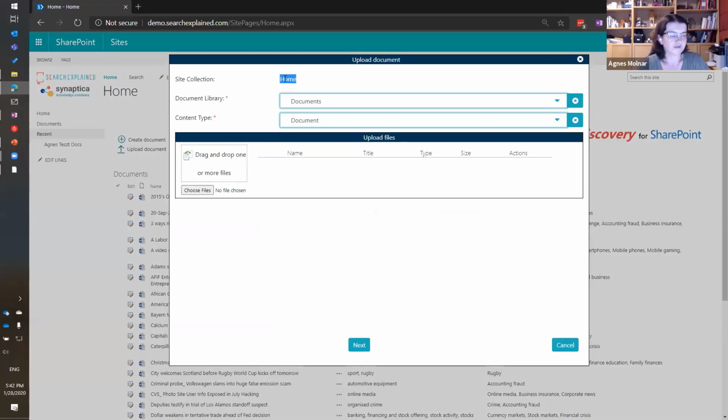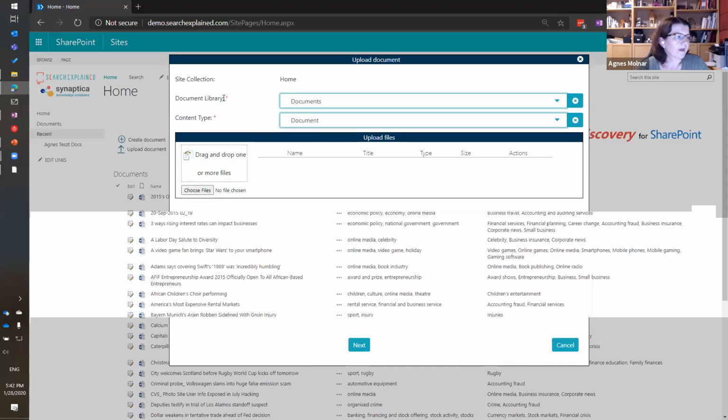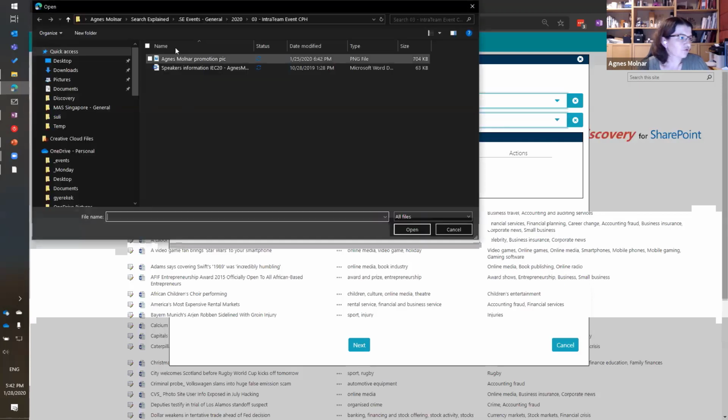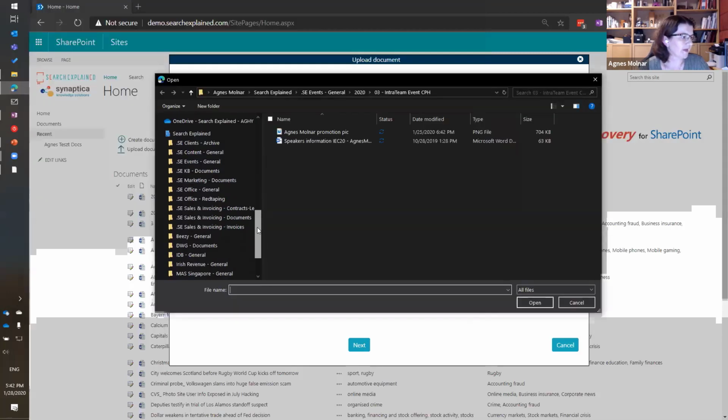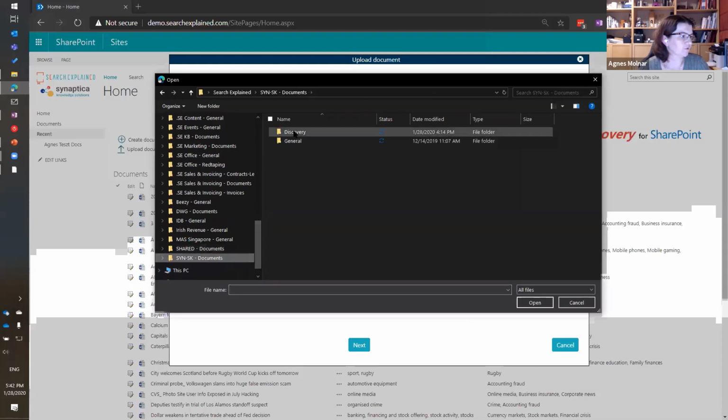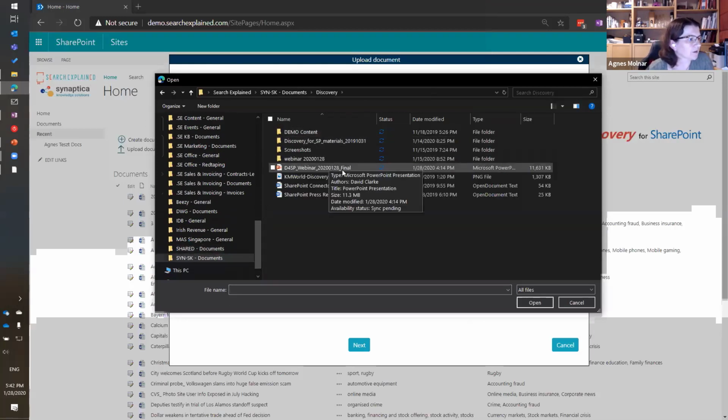But as soon as you have multiple sites, you can select the one that you want to use, and you select the document library, and you select the content type that you would like to use. And here you have this choose files button, and you select the files that you want to upload,